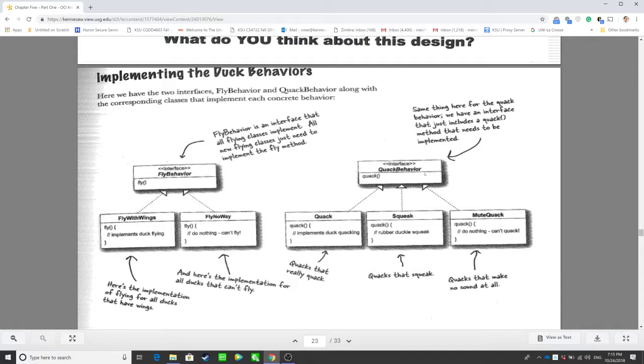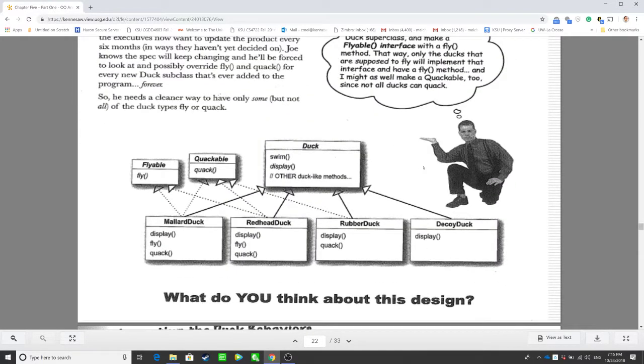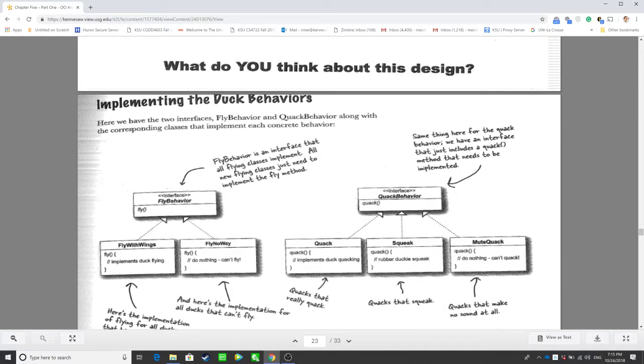What's the difference here between this one and the previous one? In the previous one, we had the duck directly implement the interface. Here we don't see the duck. The only thing we see is the behavior, different behaviors. Fly, different kinds of quack. Quack, squeak, mute, don't quack. That's a quack behavior. So we model the behavior as